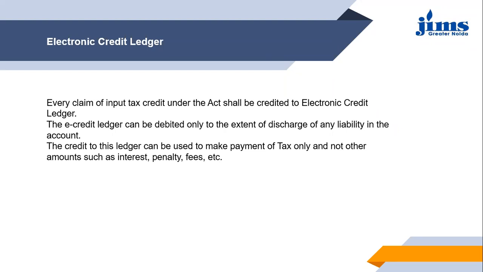Like if there is SGST input tax credit, CGST input tax credit, or IGST input tax credit, that needs to be worked on accordingly and used accordingly to pay off the GST liability. Then there is one difference here between the cash and the credit ledger: this credit ledger will be used only by the taxpayer to pay off the tax liability, but any other liability in the form of interest, penalty, fees, etc., will not be met out by this credit ledger.